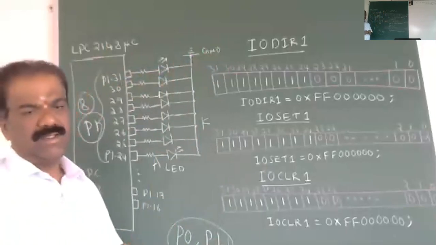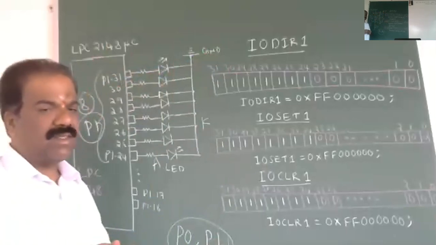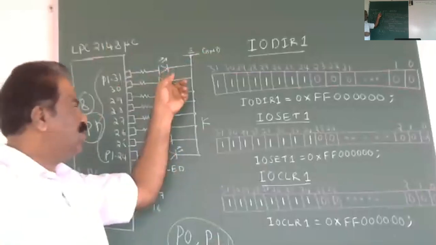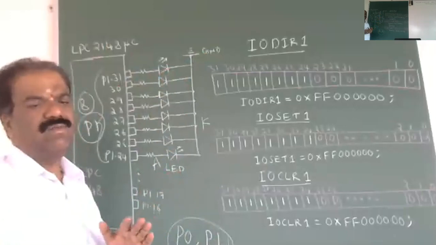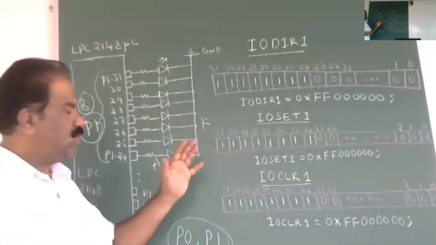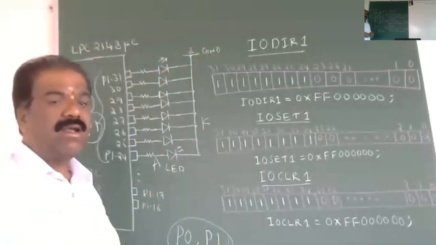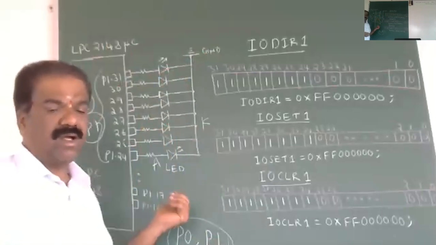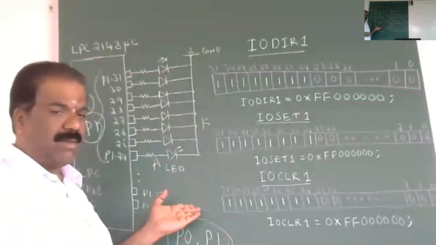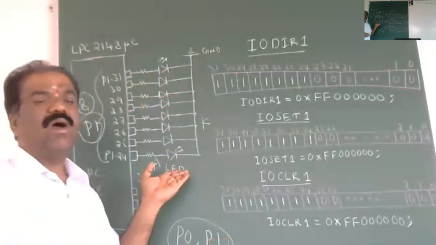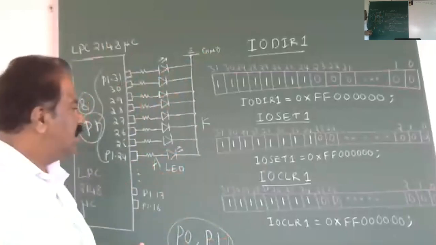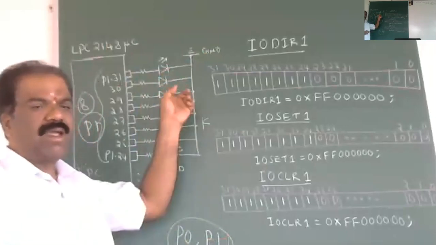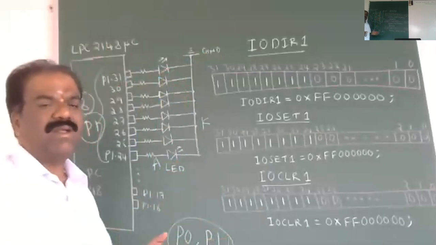Here we have to write a program in such a way that we switch on all the LEDs, then after some time, switch off all the LEDs. We can say toggle: on, off, on, off. We can do multiple operations. By using this particular hardware, we can write hundreds of programs: an up counter, a down counter, a ring counter, a Johnson counter. There are so many programs you can develop with this hardware. For the time being, I'm going to explain how to make all LEDs on, how to make all LEDs off, and do the same thing repeatedly, infinitely.